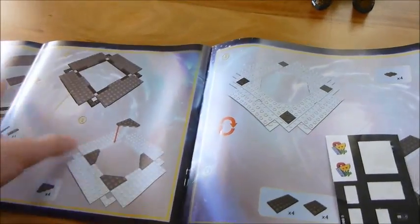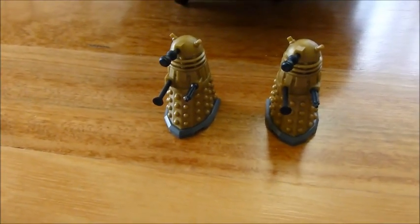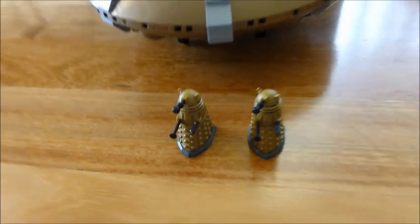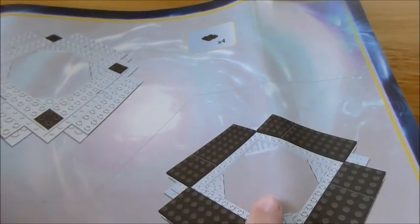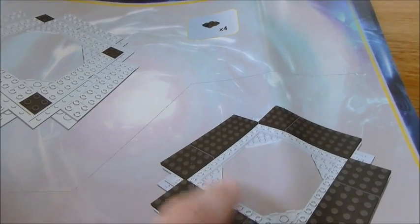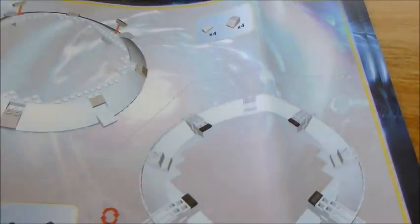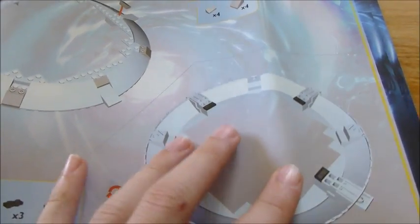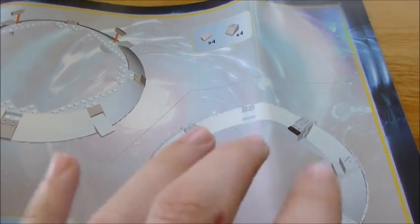My first issue is that there aren't actually any instructions anywhere to tell you how to build the Daleks. You probably don't really need instructions to build them, but still, it would be nice. Second, we've still got the problem where in each step, the bits that aren't being used go this kind of pale, bluey colour. Although I understand what they're trying to do, differentiating the parts you're putting on in this step from the parts from the step before, it gets really confusing, especially when you're doing stuff like